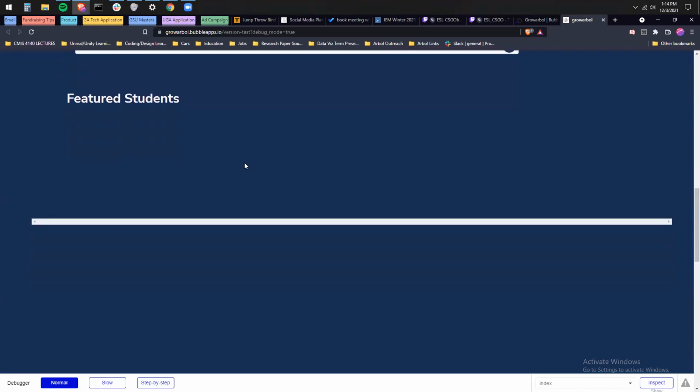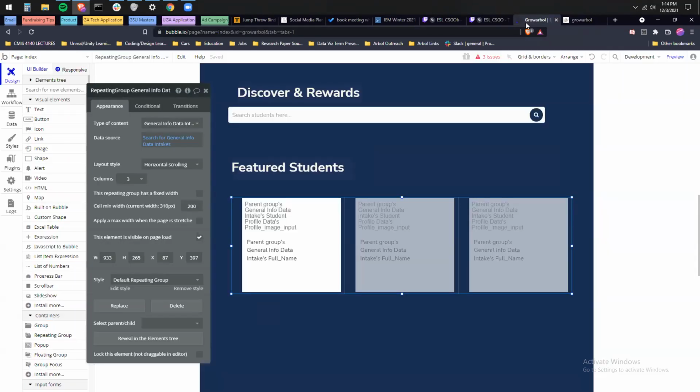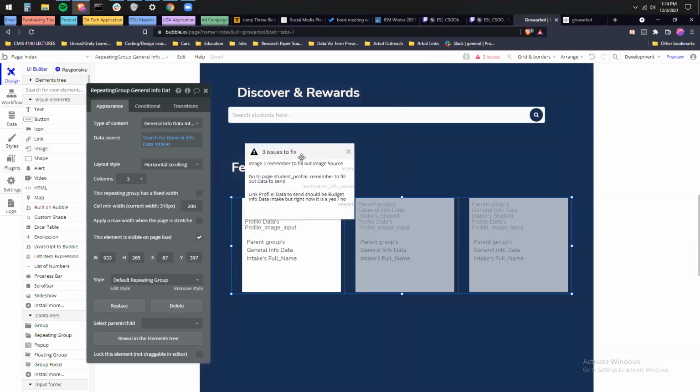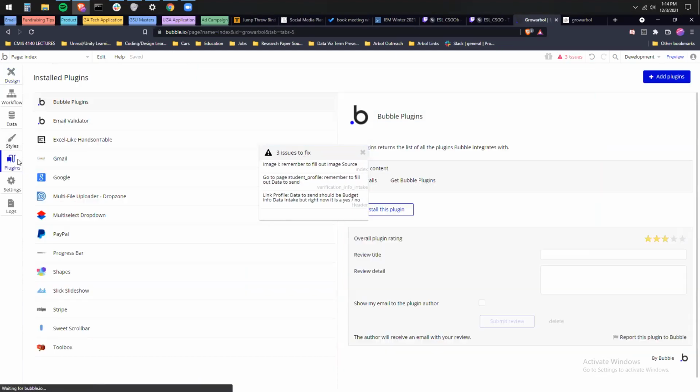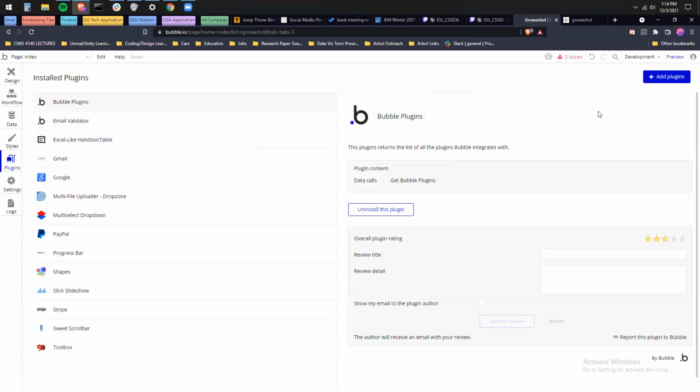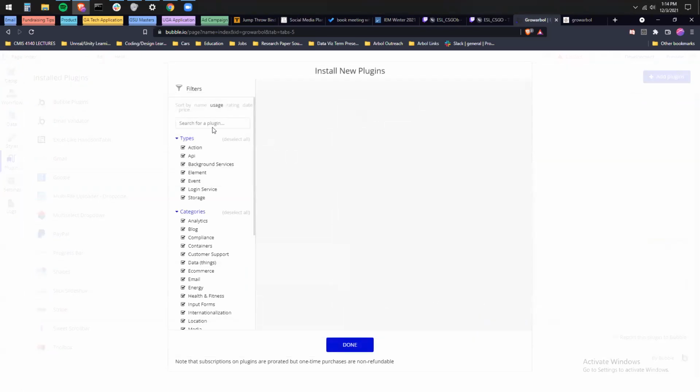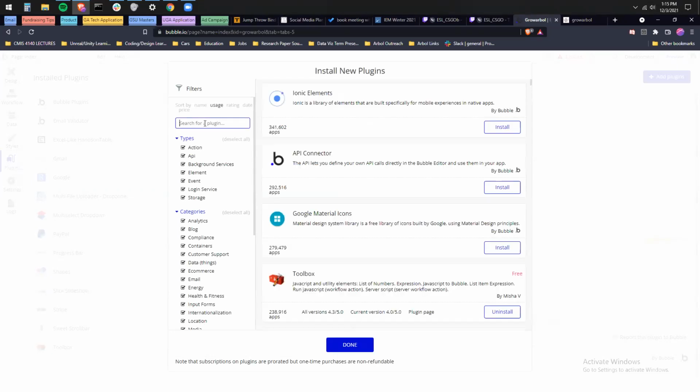So what I would recommend is I have a video, I just have to find it for you and I'll send it to you in Slack on how to remove the scroll bar. And then if you go to plugins, there's a great little plugin that you can put in and add a plugin. Just type scroll and it should come up.